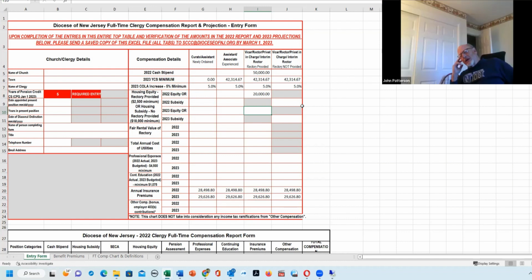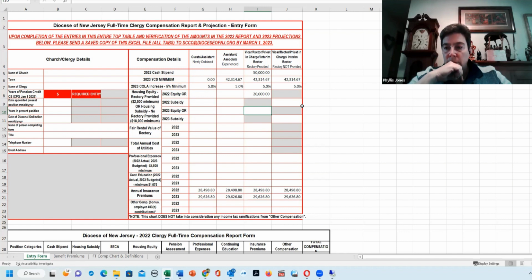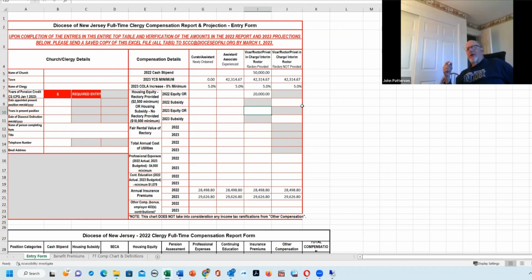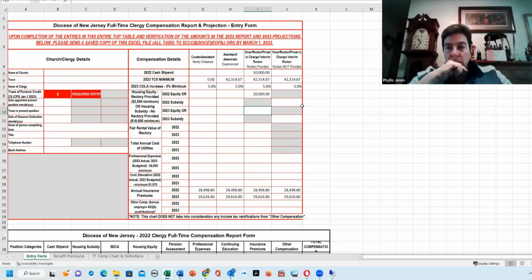So Phyllis, what it really comes down to is we really ought to keep those two sets of numbers separate, because if I force this to be the number I actually report to the IRS, I'll be below minimums. Correct. So I should just use the number that we based it on and not worry about what I'm telling the IRS. Right. And yep,